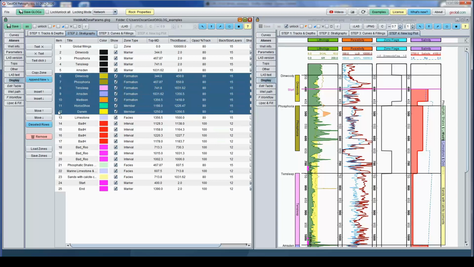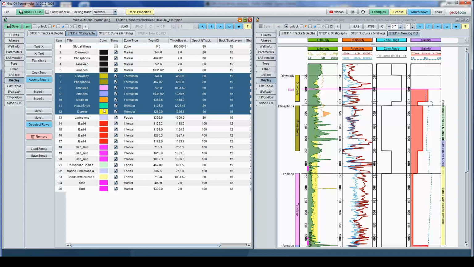The first thing we have to do is define an indicator curve that tells the software where you are: in Dinwoodie, Phosphoria, Thames-Lip, Amsterdam, Madison, Horseshoe, and Darwin. So we have to build an indicator curve that indicates which depth is related to each zone.